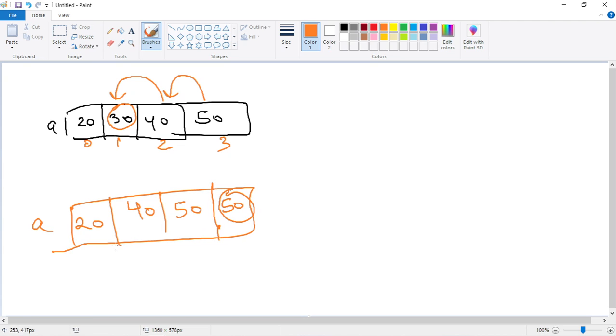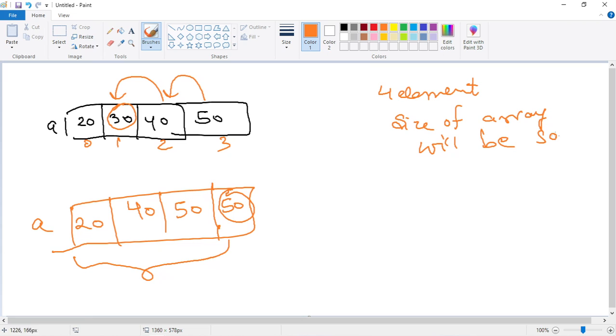And when you have done this, you need to run. So basically in case of deletion, if we have four elements, and if we try to delete one element from the array, still the size of the array will be 4. The size of the array remains the same. This is the disadvantage of an array. So once you are able to copy and move the elements, you have to run the array till this particular point, 10, 20, 40, 50. So it will look like you have deleted one element. So this is basically what you have to do in case of deletion. Is it clear? You can try that and let me know if you face any issue.